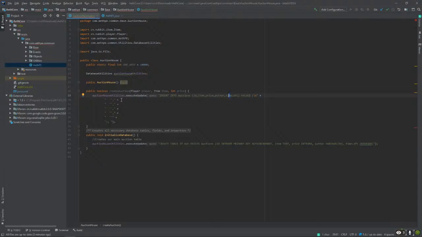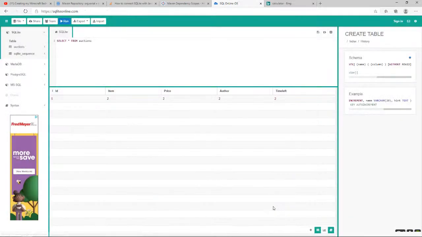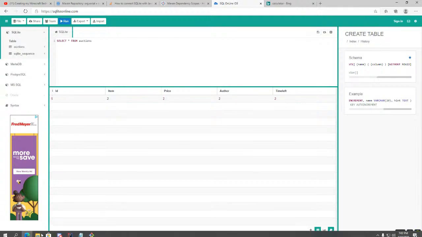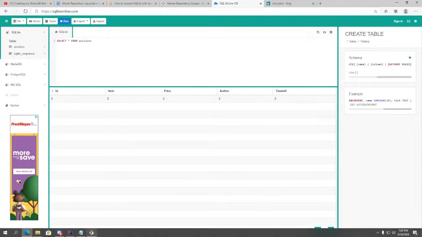I don't put anything in the ID field, do I? Can I just not put anything in there?